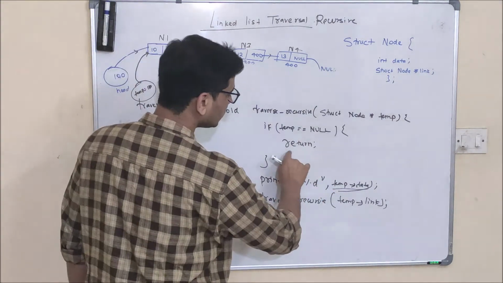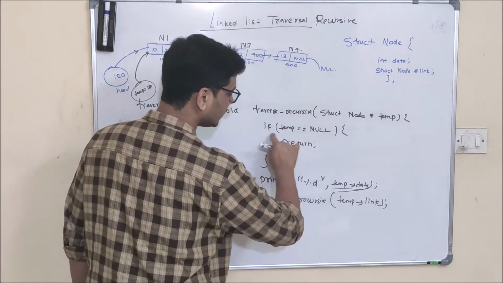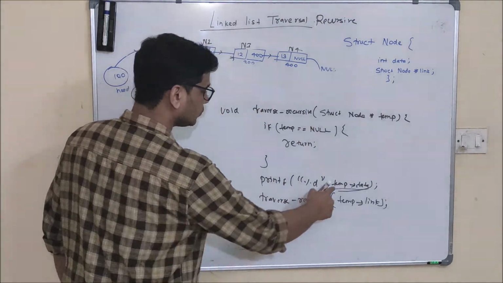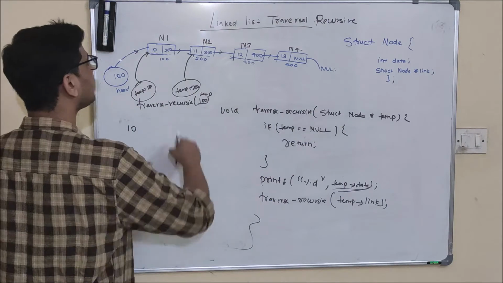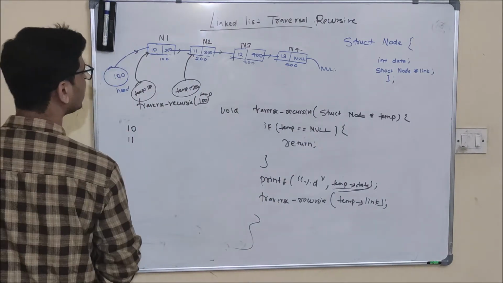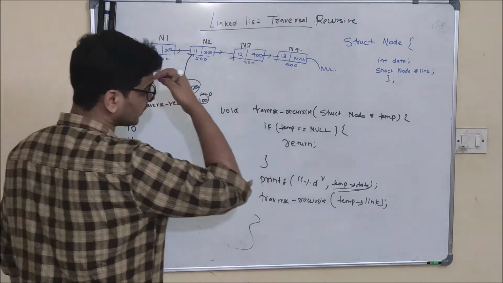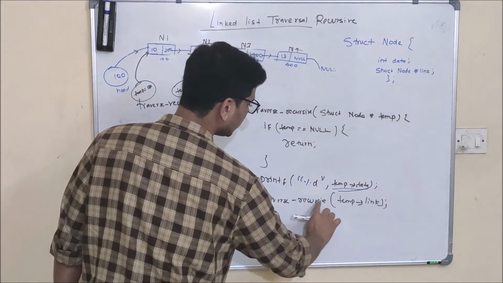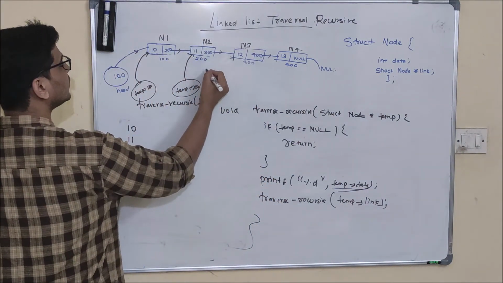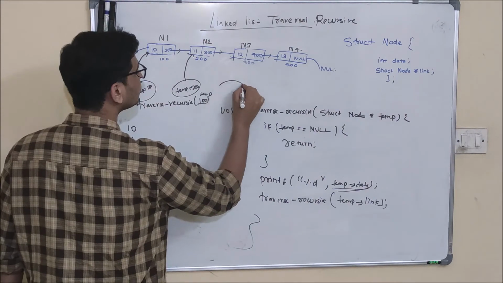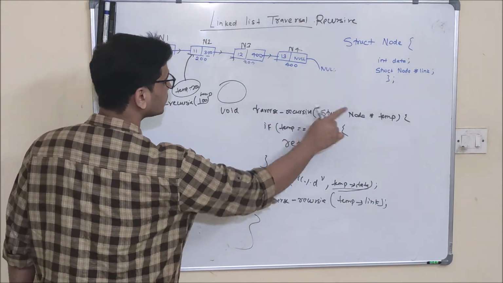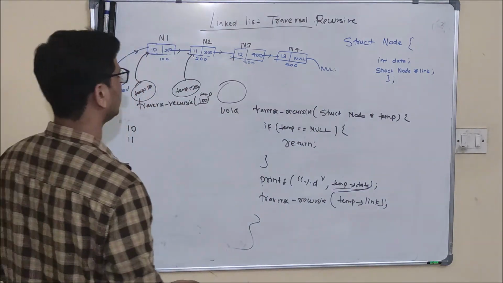And what will happen in the next iteration? Again the if check will be false, and it will come and execute these two lines. So it will first print the data part of the node starting from memory address 200, that is, it will print 11, and now it changes the pointer. It will make a recursive call to temp link. And what is the link part right now? 300. That is, it will make a recursive call to traverse recursive 300.